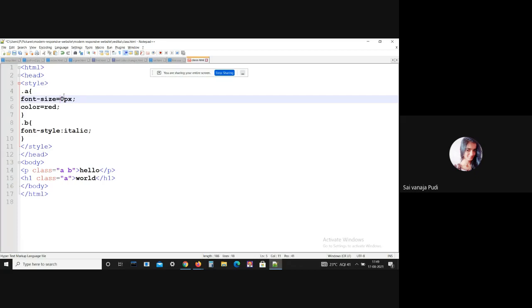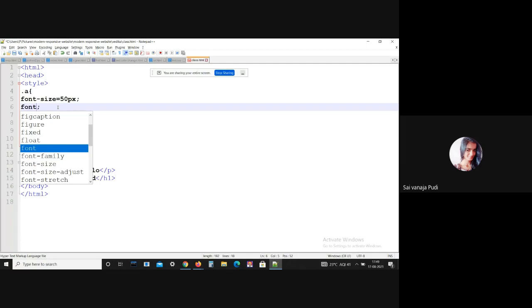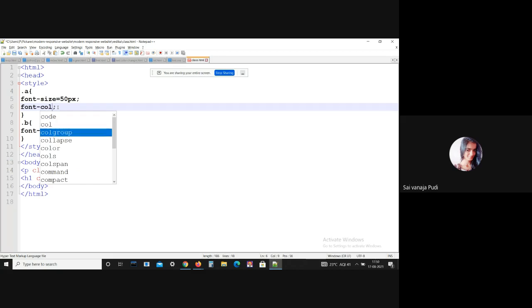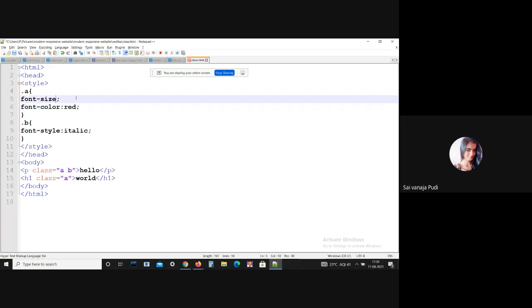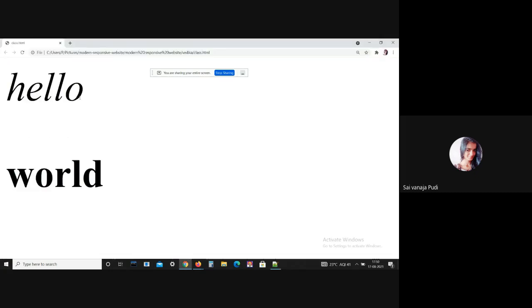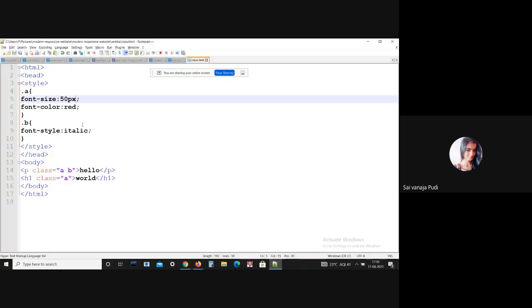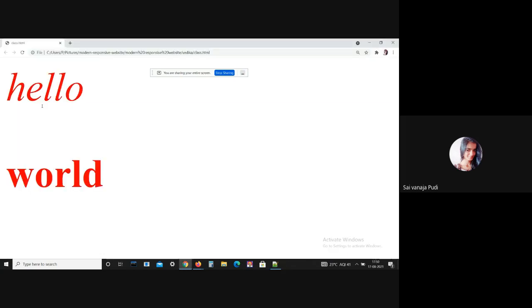Let me give 50 pixel, and here font color. All these properties are applied perfectly.